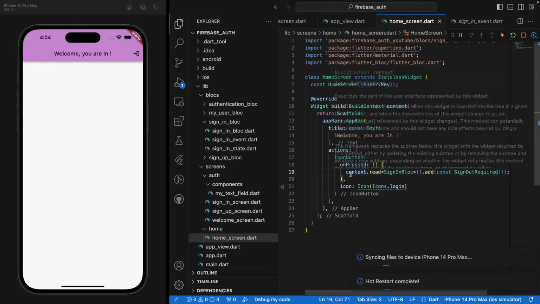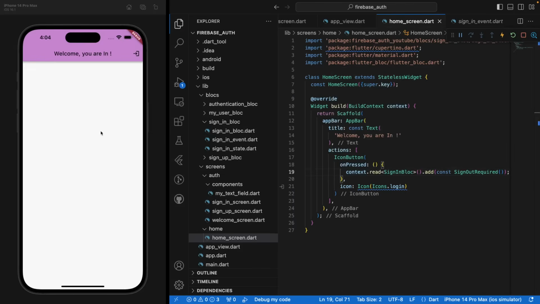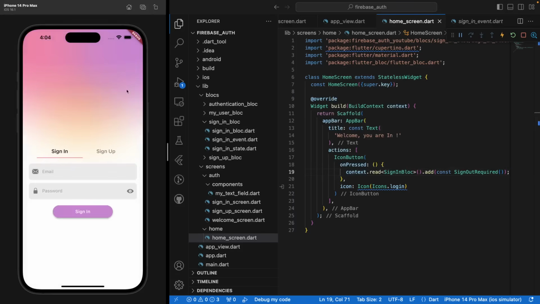And you see, when we're rebuilding everything, because we are logged in, we're staying on the home screen. If I click on the logout, I'm logged out. And if I try to sign in, let's see if that works. rom@gmail.com, test